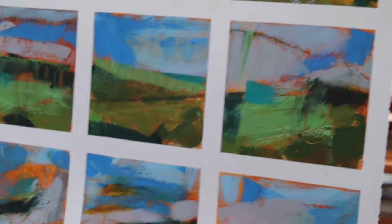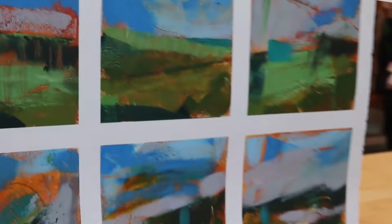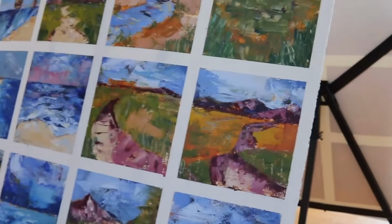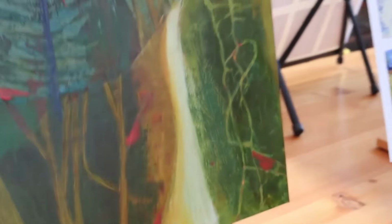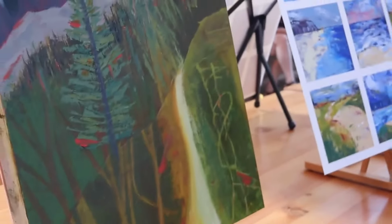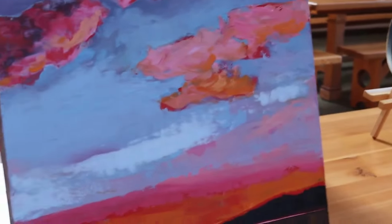This is another series of 12 by Liz. And this is Emma's series of 12. This is one of Liz's paintings with incredible botanical effects in it that she created with printmaking on her cold wax and oil panel. This is my painting from the study that you saw earlier,